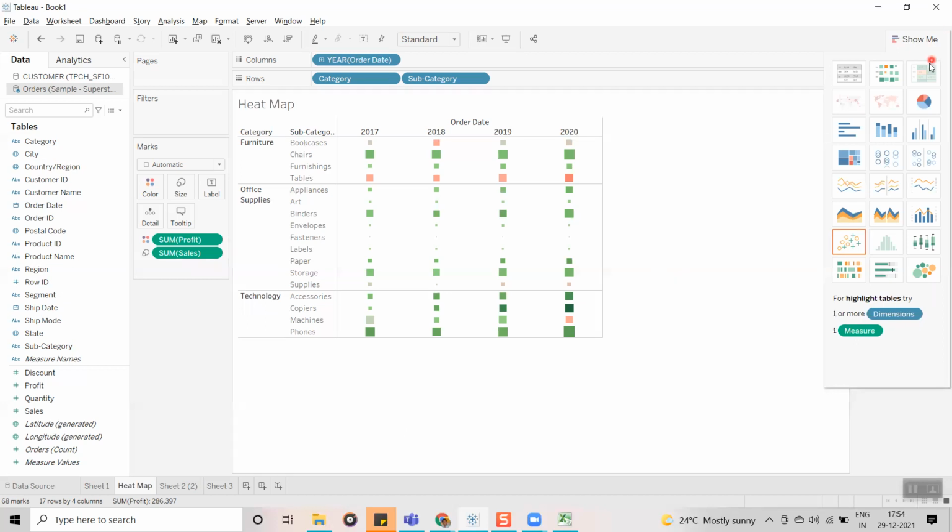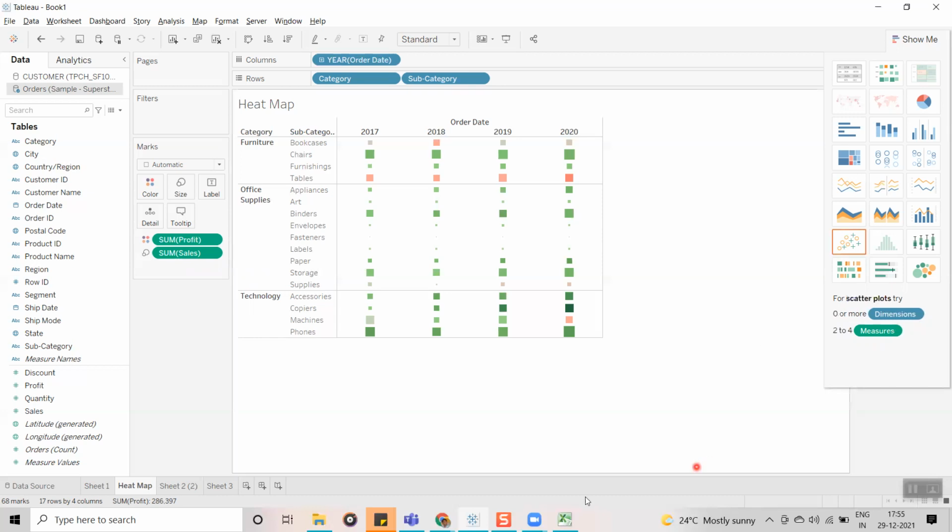Now we are going to see the highlight tables. Guys, the heat map and highlight tables have a similarity. Why I am saying similarity is, in a heat map we are not showing the data, we are just showing the marks. Based on the data we are showing the size of the mark and color of the mark. In highlight tables, we are showing the values and also assigning the background color for that cell.